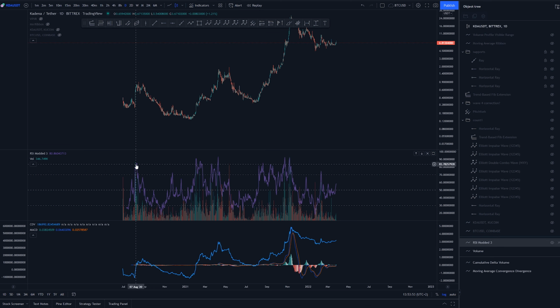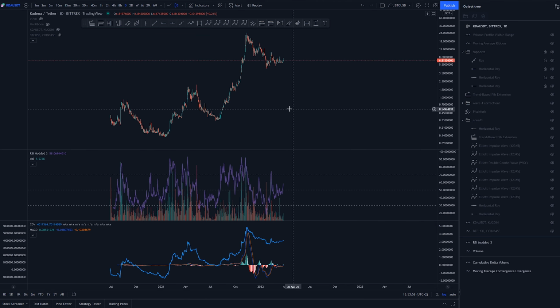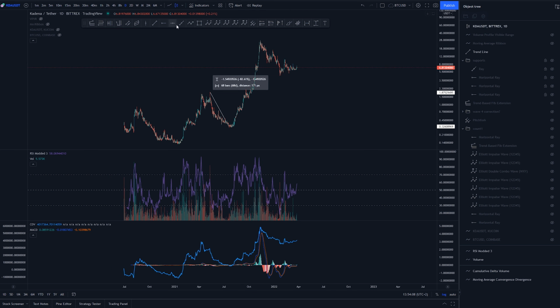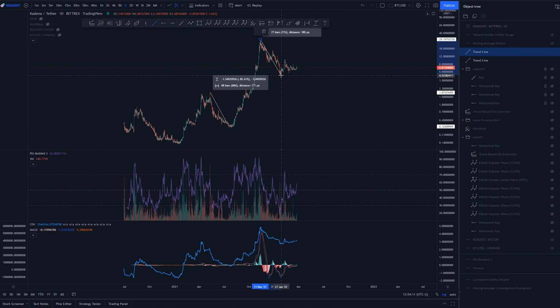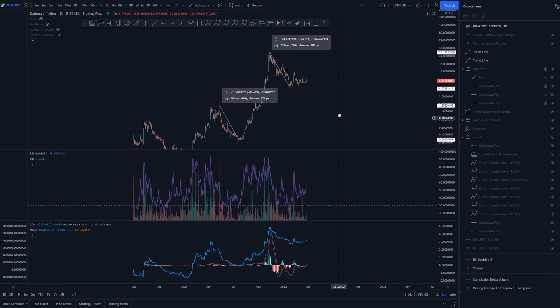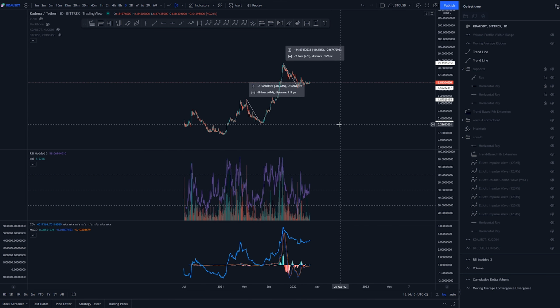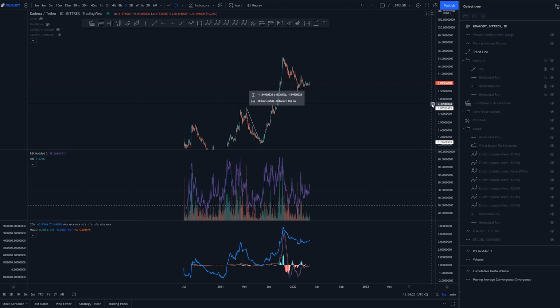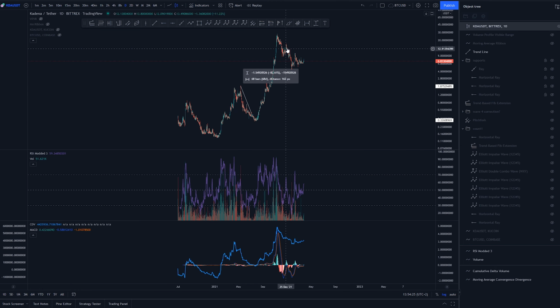We see a peak here on RSI, but I don't see it really fitting this whole structure, the rest of it. Now we got a couple of different corrections down here that are similar, and I'm not saying this is finished, but it could be. This has already come down 82% here on this correction, and